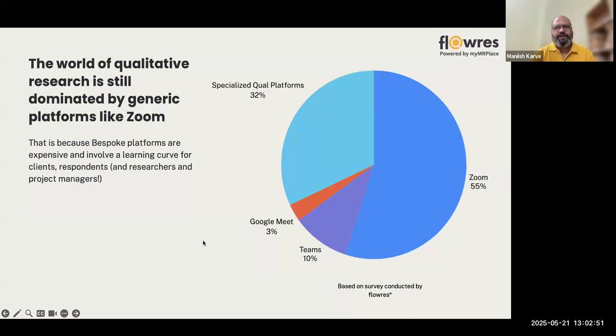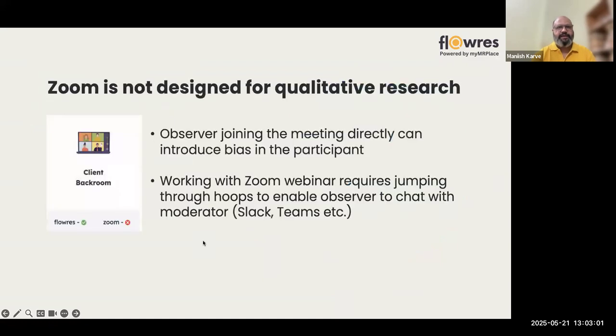It has been in use by organizations for much longer, and perhaps because bespoke platforms are expensive and involve a learning curve, their adoption has not been as high. But Zoom is not designed for qual research, right? An observer can join the meeting with the participant, but that's going to affect the participant. And then the Zoom webinar is another way it is being used, but that requires using other tools to take care of the chats with the moderator, right?